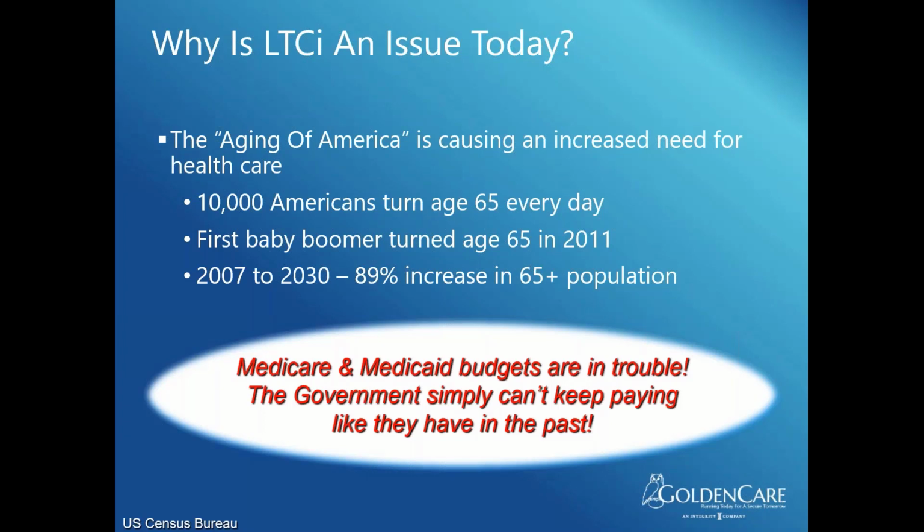It's down to 2 workers for every one recipient on Medicare now, 2 to 1. So this thing was written with 11 workers paying in for one recipient. And the recipients, by the way, now are using twice the benefits they used to 20 or 30 years ago, in the 60s when they wrote this thing. So you just have a system that's extremely overburdened. You've got this aging population coming in, no place to put them, no money to take care of them.